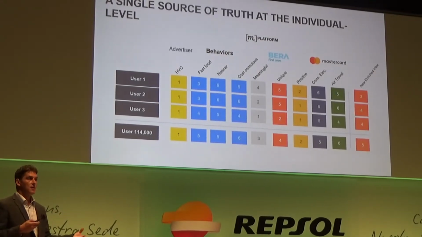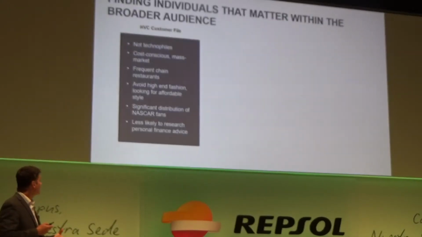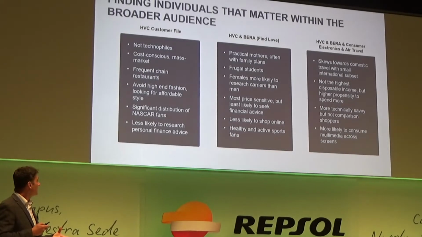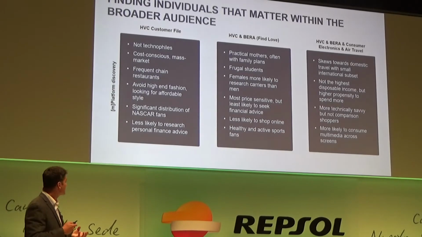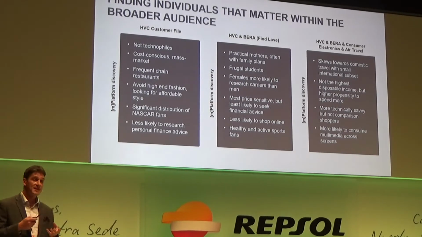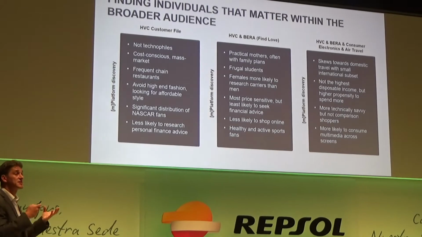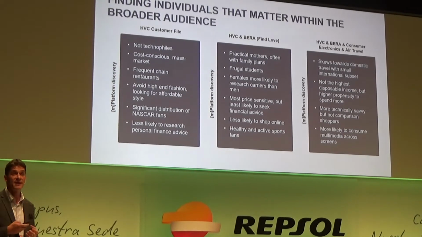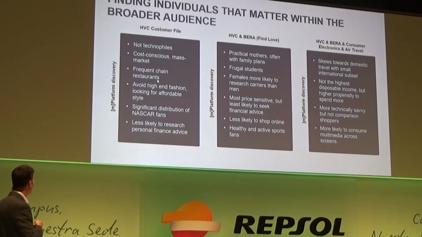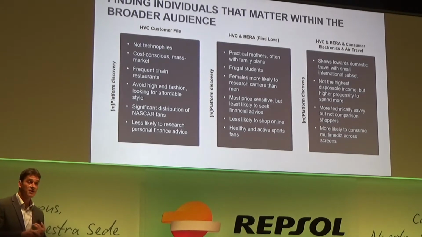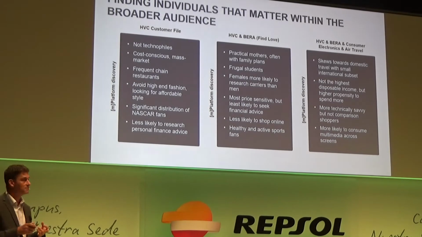And what that meant was you've got these uncovered audiences for this advertiser. Previously they just knew that these guys were high-value customers based on their spend levels. But now we were able to give a little bit more information on the fact that they were cost-conscious, they went to fast food restaurants, they were into NASCAR. You might say, who isn't in the US? But